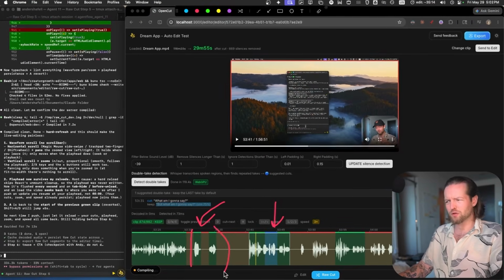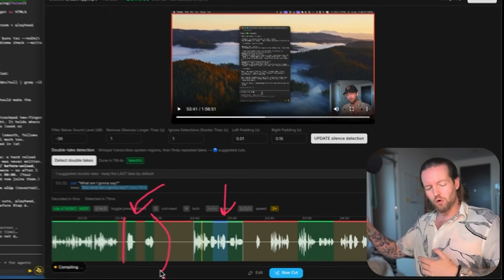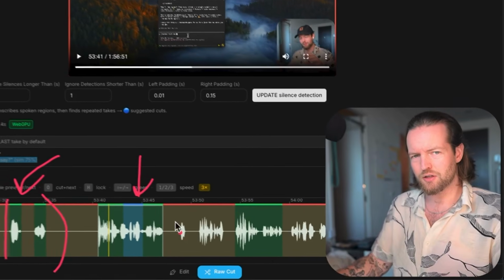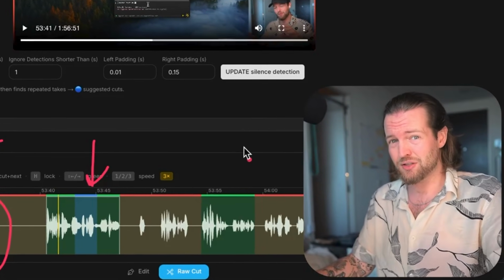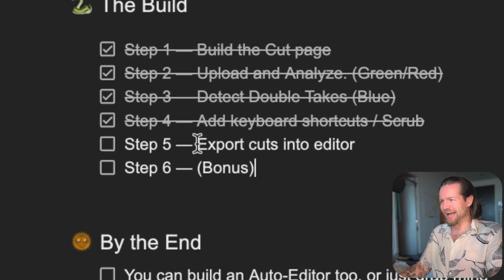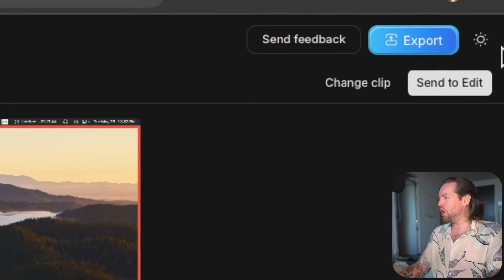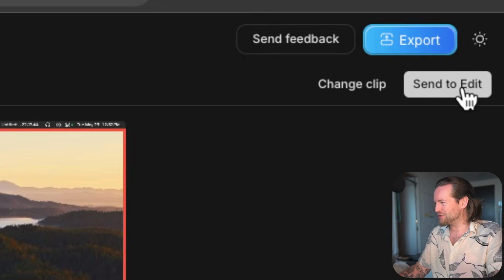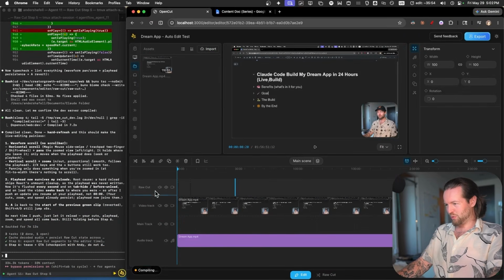I definitely want to do this better and possibly make a fluff remover or story improver, because we can take that transcript and ask AI, hey, is this a good transcript? Is there anything we should add? But the main question is, can we export all the cuts into the editor? All we gotta do is click on send to editor. Boom. If this works, whoop,